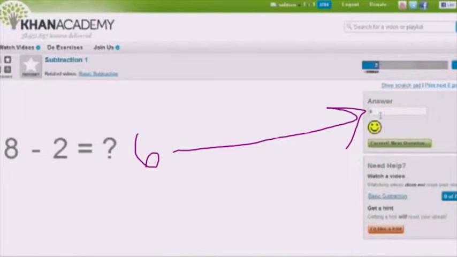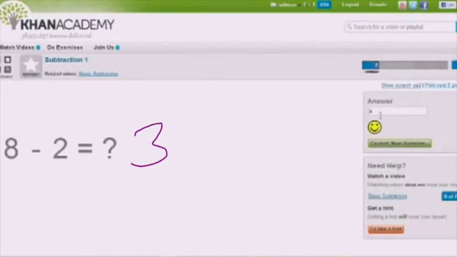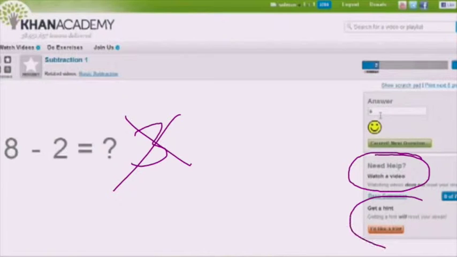But say a student doesn't get it right on the first try. The student might say 8 minus 2 equals 3. So they get that answer wrong, and they need help. They can go over here on the right-hand side, and they can watch the video tutorial which teaches the skill in the problem. Or maybe they think they know, they just need a little bit of help. They can go down here and get a hint. So that's one of the lessons like this, and these are available for all of the different subject areas available